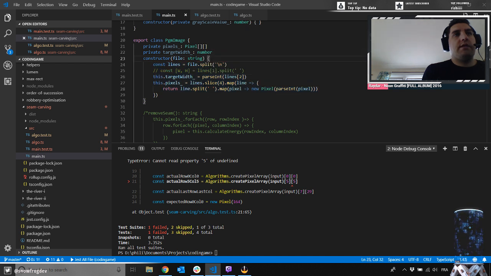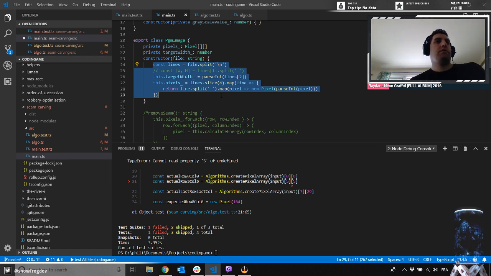And then, since I can't test these outputs, then you need to extract this into its own function. But even if you do,